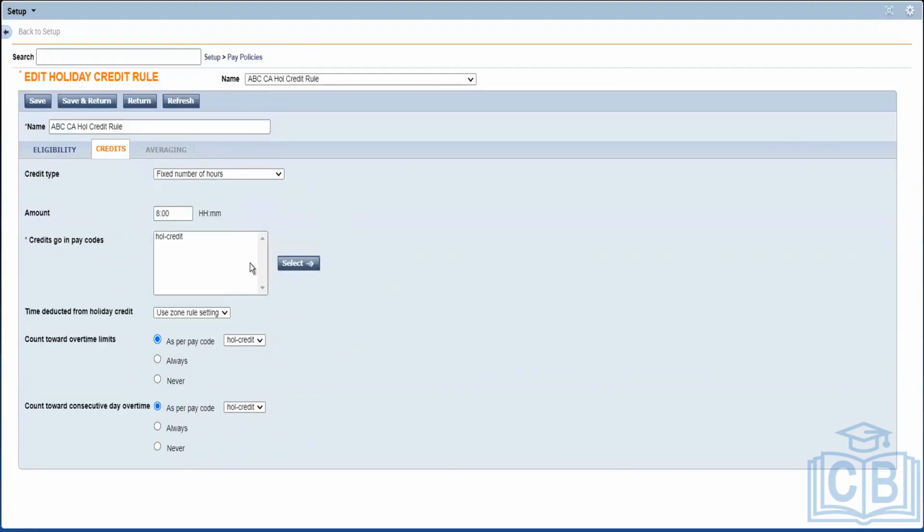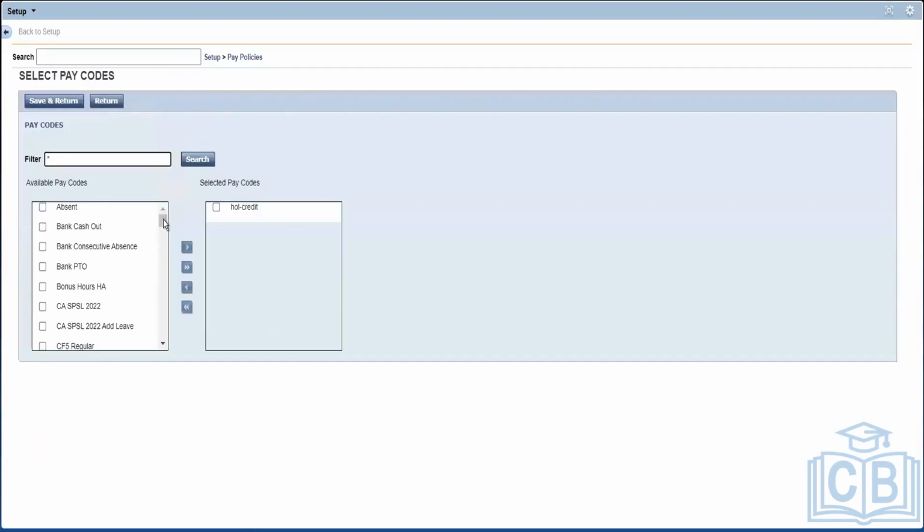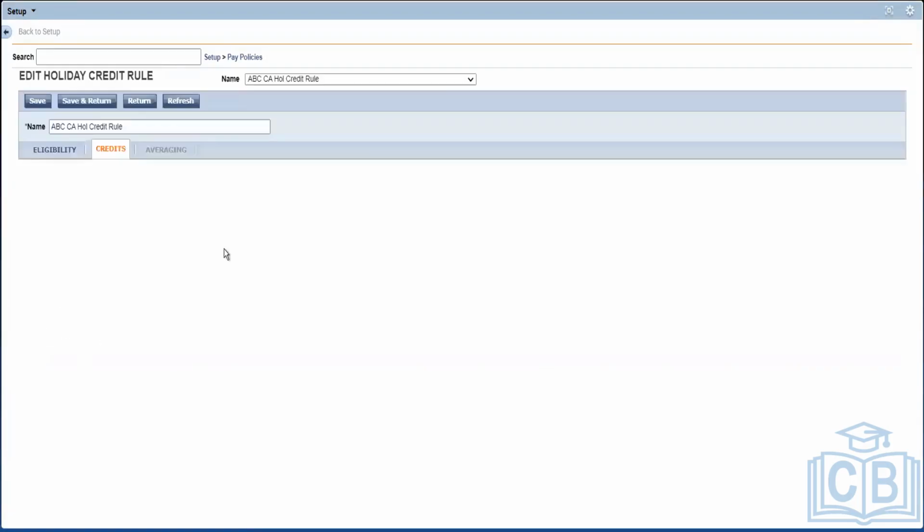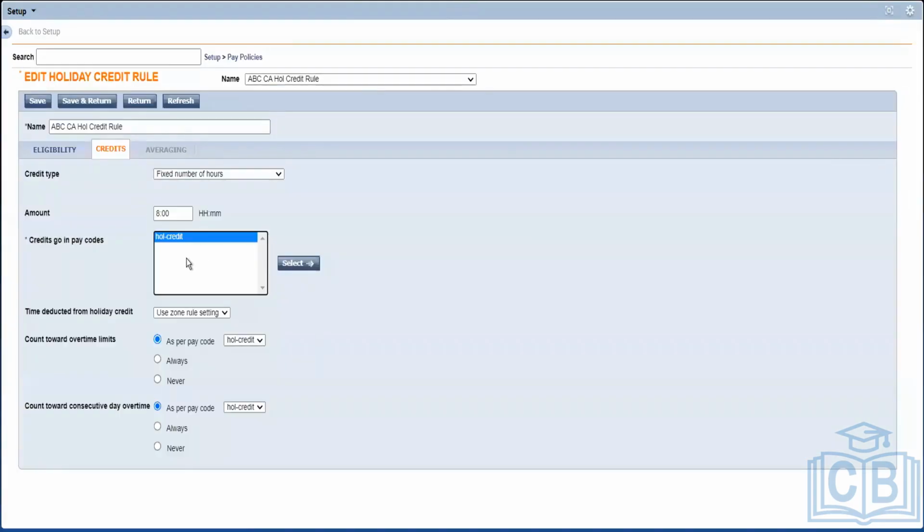And the next item here is which pay code. Here we are using a pay code called holiday credit. If you want to choose a different pay code and pay him in a different way, we can choose all the pay codes whichever we have created, from T1 to T2.5, everything will be here. What pay code the particular credit needs to go to, we can select it from here. So here by default, it is having a pay code called holiday credit. It's using that. Other items, we need not change anything. It will be by default what it is there. Everything goes on to what pay code we have selected here.